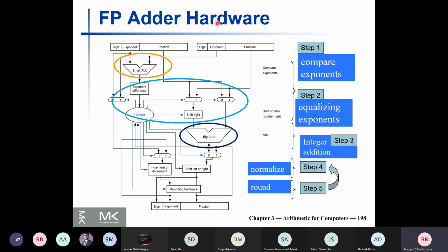I think you have an overall idea of how this floating point hardware functions, and as you can see, this is quite an involved process, so it takes a long time to perform, because you may have to go around this loop again in order to round and re-normalize. So therefore, it's a time-consuming process.